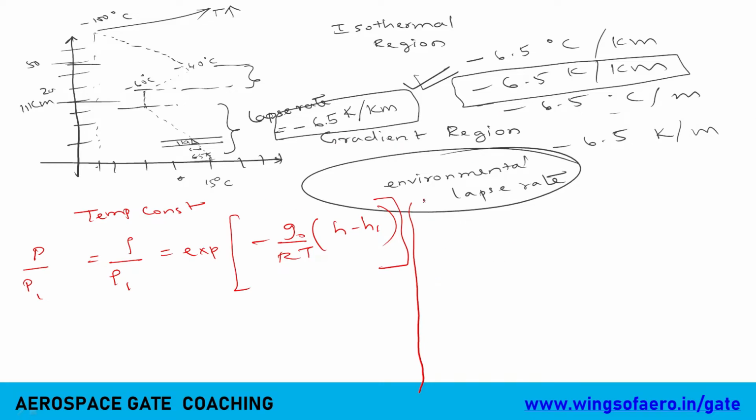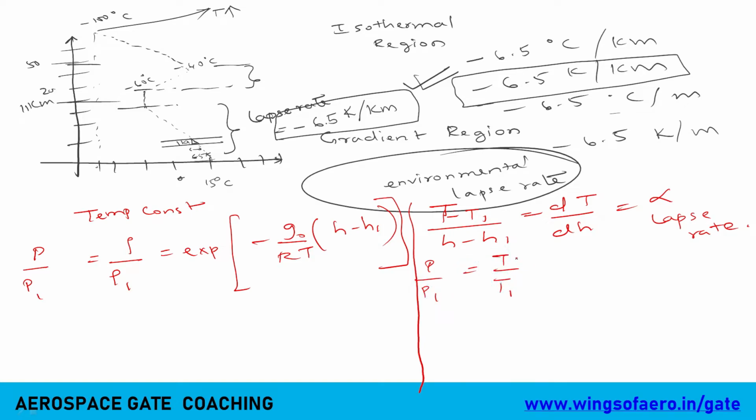Okay, another one for the gradient we have (T1 minus T) by (H minus H1). Alpha represents the lapse rate. So there are two formulas there: P by P1 equals (T by T1) to the power G naught by alpha R, and rho by rho 1 equals T by